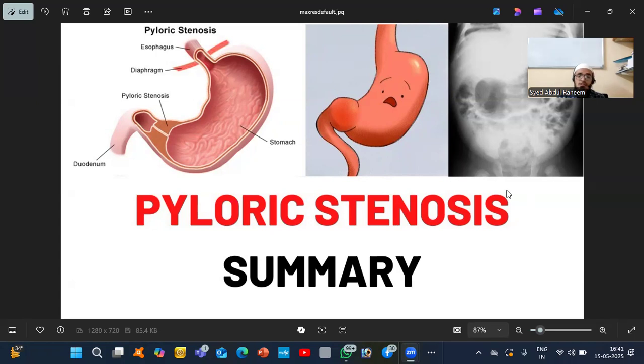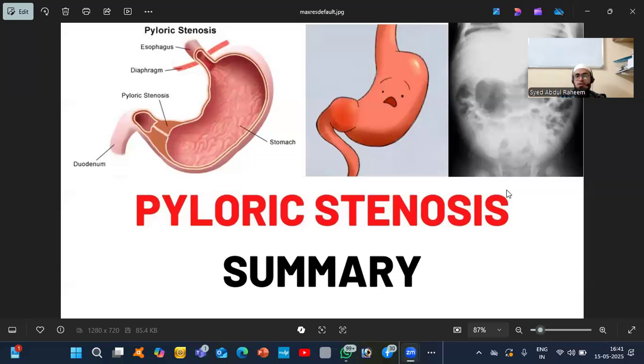So stomach pathologies. In the GIT tract, we have four important organs. One is the esophagus, second is the stomach, third is the small intestine, and fourth is the large intestine. Yesterday we discussed the esophagus. Today we'll discuss the stomach, small intestine, and large intestine important pathologies. So here, in the stomach, we will have one type of